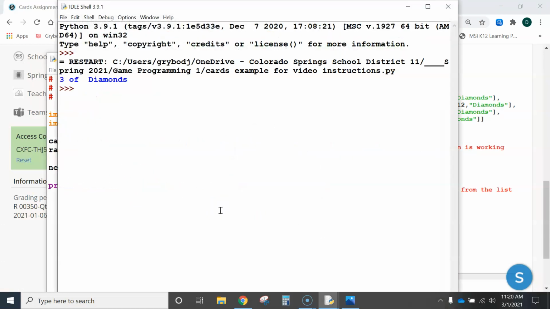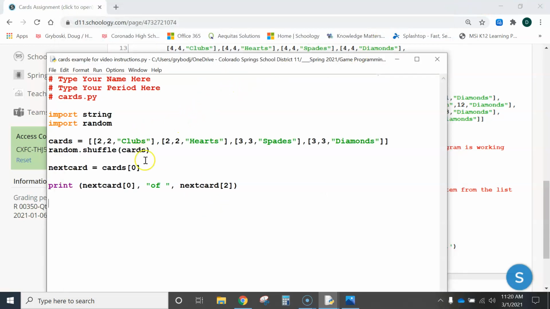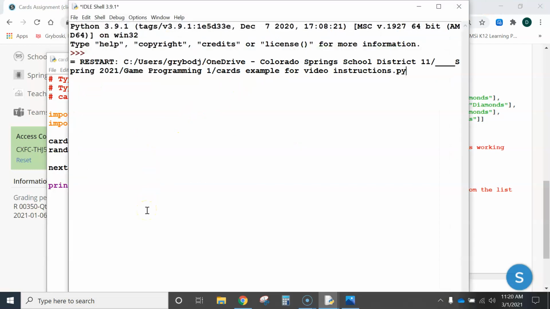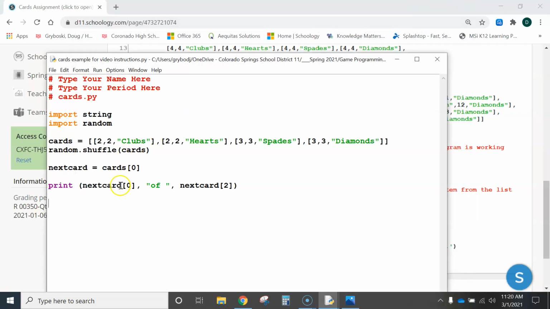So now when I run it, 3 of diamonds. See, it's worded nicely. If I run it again, 3 of spades. So I just want to make sure you guys are understanding how this slicing is working. First we sliced an item off the deck, and that item, assigned the name next card, is equal to 3 different items. And then we're slicing the first item out of those 3 items, and we're slicing the last item out of